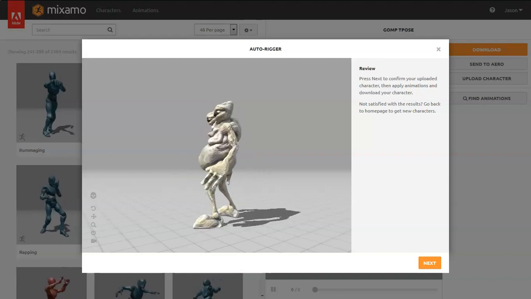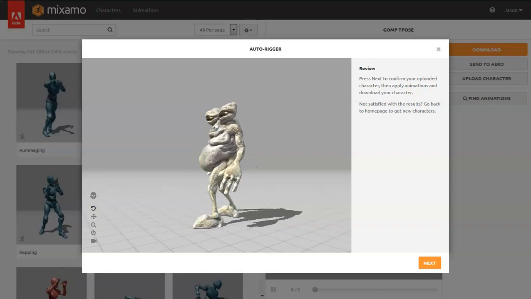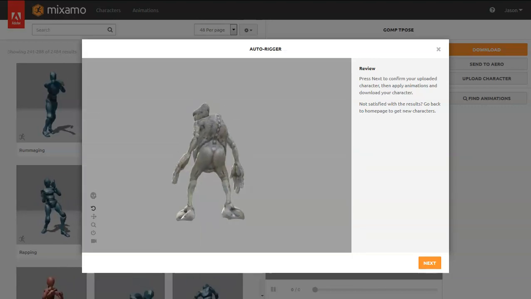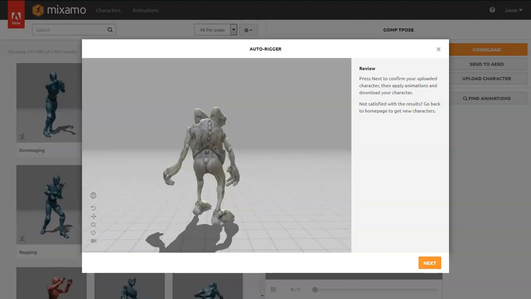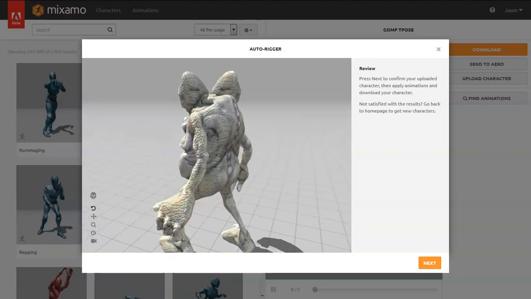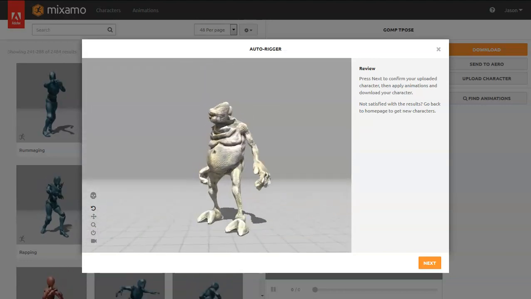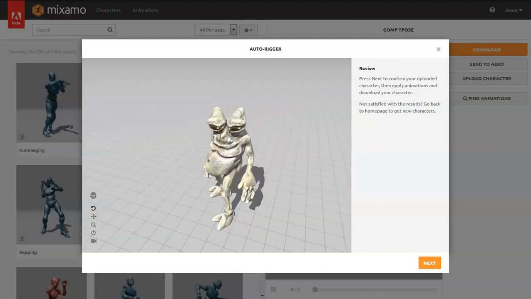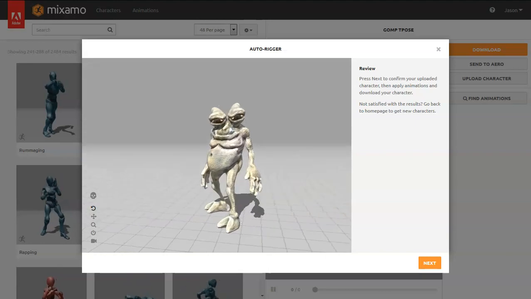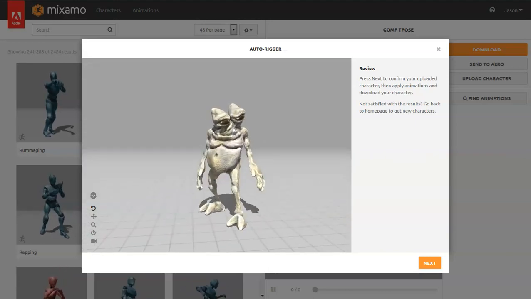Okay, welcome back folks to the next part of this video. We're back in Mixamo, picking up from where we left off, and you can see we've got our character now. It looks great, if I do say so myself. It all worked out: the texture was in there, and the movement looks alright. However,